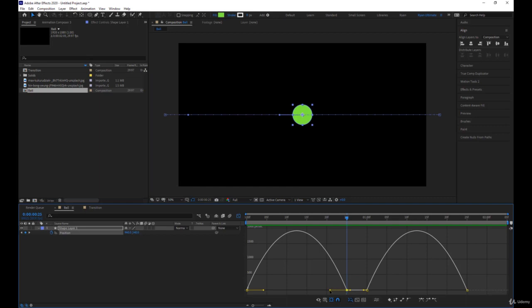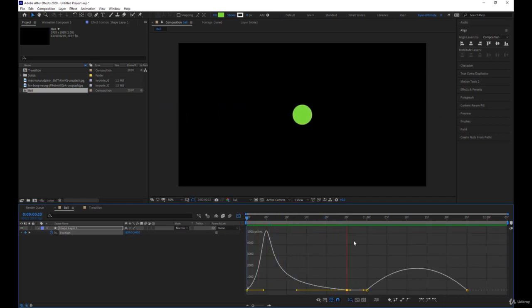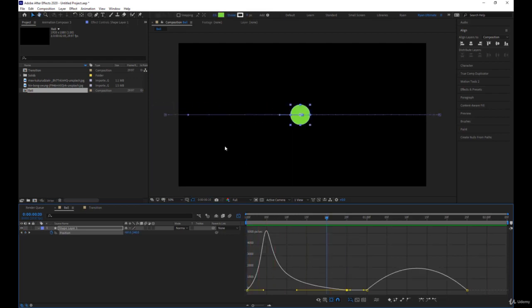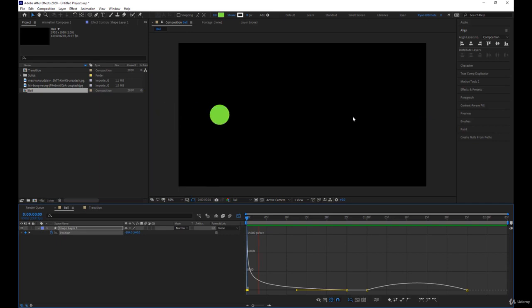So what we can do is click this keyframe here and bring this to the left, and it slows down, it gives it a gradual stop, which looks more realistic. If you want to take it a step further, you can pull this keyframe all the way to the left, because there's still a kind of catapulty effect here. So if you want it to be slowing in like it's just been flying in off the screen,